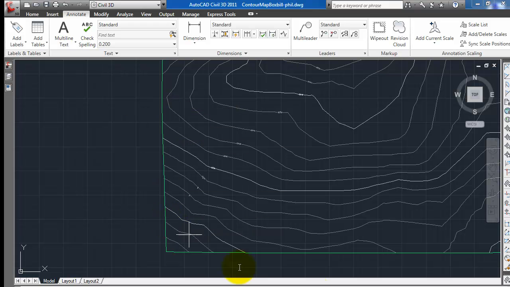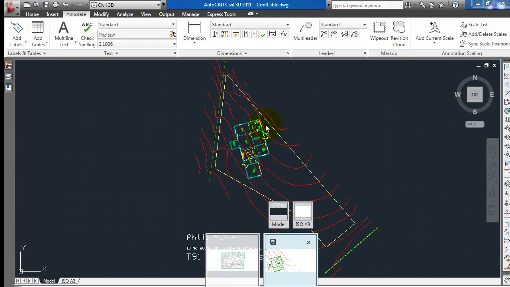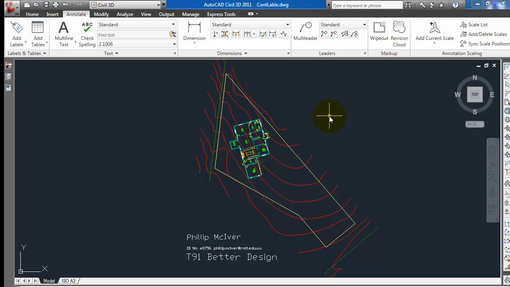Okay. Now I am going to go back to our drawing, and what I'm going to be doing is looking at adding this information in manually. Now, how can you tell what height these contours are? It's fairly simple. The information is already been put in there. They're already actually on a plane,